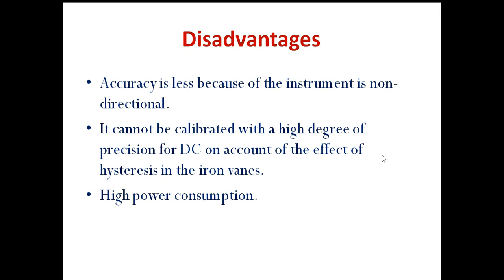It also consumes more power, because hysteresis loss is present. The area of cross section is more, because of that eddy currents will be present and eddy current loss is also present. When both the losses are present, hysteresis and eddy current, power loss will increase. Because of that more loss, it will cause high power consumption. So whenever we require measurement of DC current, we go with the PMMC meter for accurate measurement.